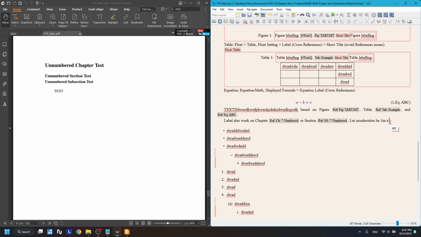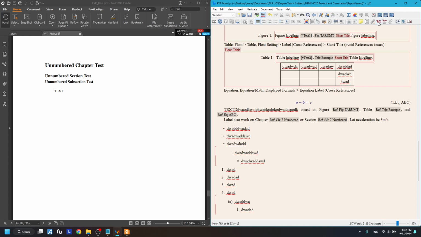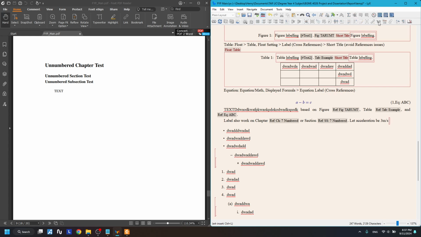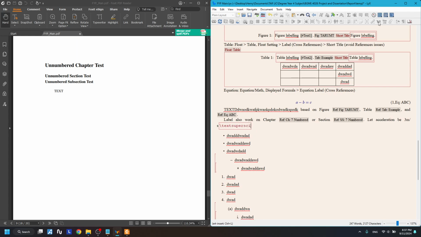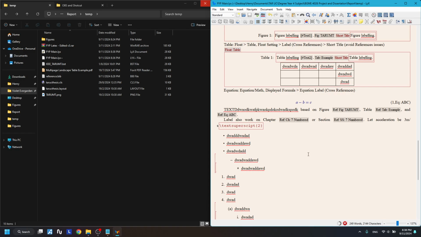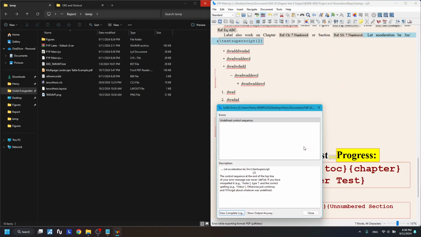So to add LaTeX code, you press the text here, insert text code. Then the first thing you need to do is use this dash. For superscript, what you need to do is text superscript curly bracket 2, let's say. So with that, you can now